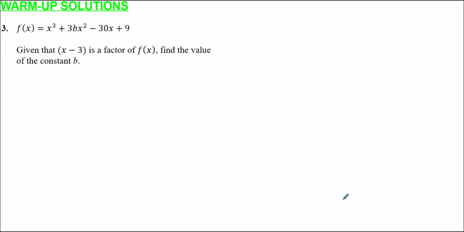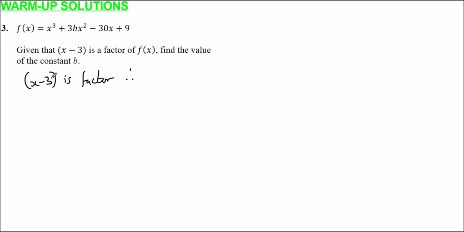Question 3. We have a function f of x equals x cubed plus 3 lots of bx squared minus 30x plus 9. We're told that x minus 3 is a factor, and therefore to find the value of a constant b. This essentially is the factor theorem. If x minus 3 is a factor, then this implies, and this is the same as saying,